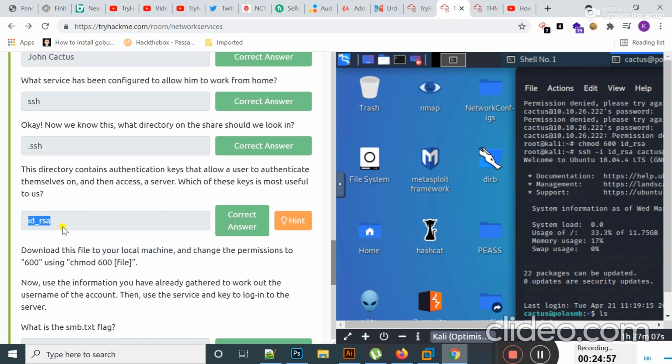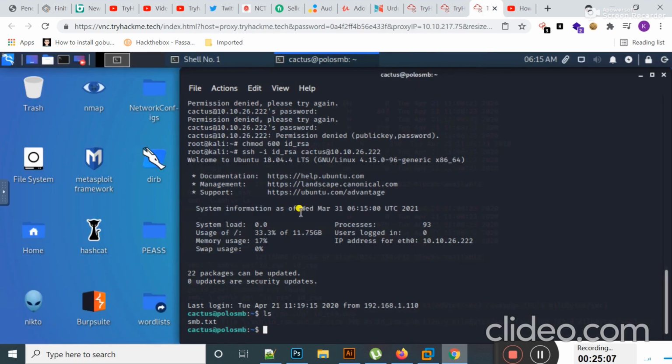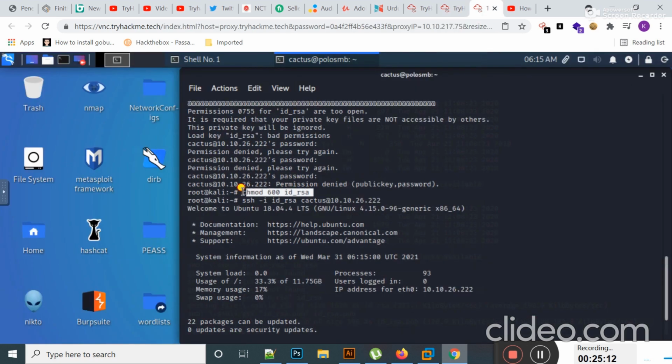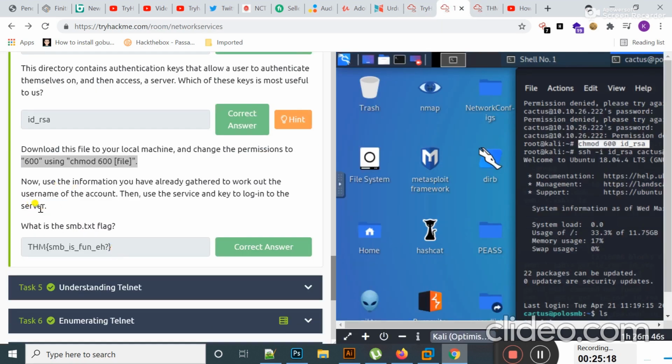Now guys you see, okay, here an error occurred, permission denied. I should again change the permission mode of the private key: chmod 600 id_rsa and hit enter. Now I try to SSH again and hit enter. Okay, you can see I have successfully SSHed to this user.